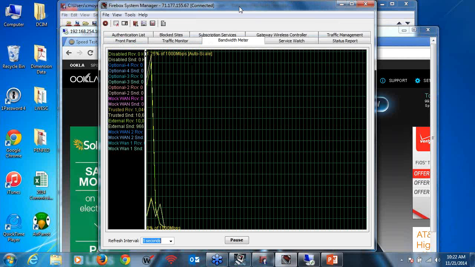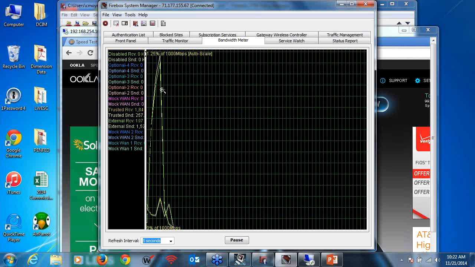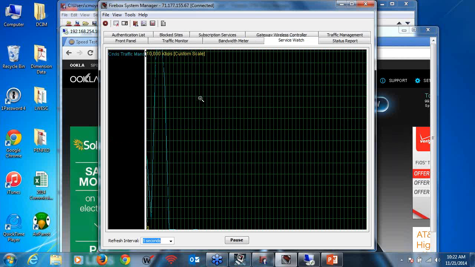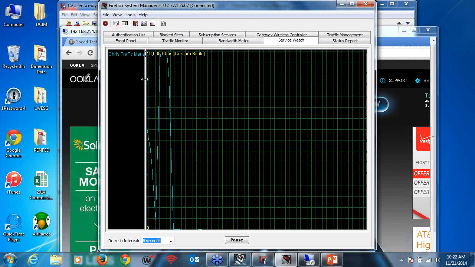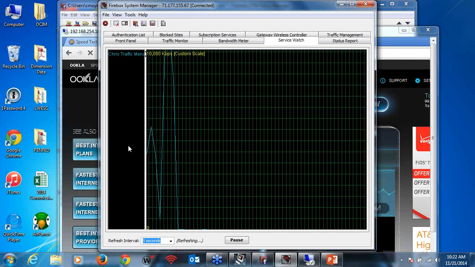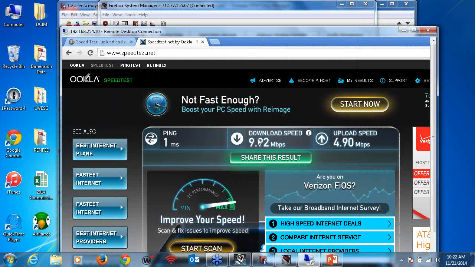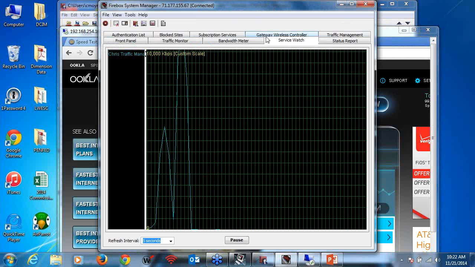Okay, while that is going, and as you see, okay, there we go. So this is the policy. This is my download. As you see, it peaks out at 10 megs. And now my upload, you will see. Okay, so we'll verify. It looks like the upload is finished. The download speed is 9.92 and the upload speed is 4.9 megabits per second. And as you see, it's depicted here